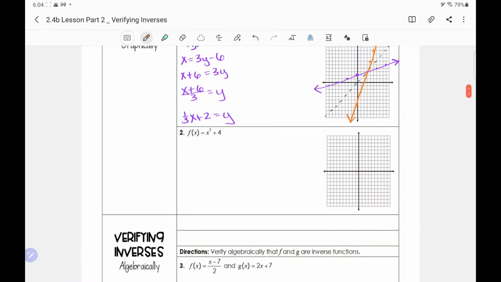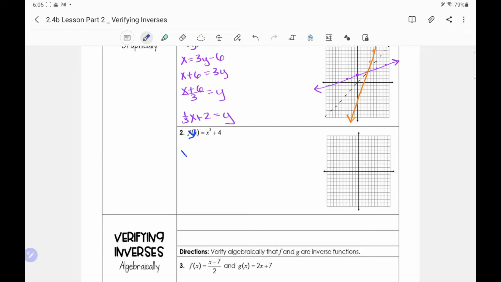It could get a little bit difficult to do this without a graphing device, so I would recommend for you, for example, desmos.com, or if you have a graphing calculator, it will help you to find some points to be able to plot easily. So let's first look at f of x equals x cubed plus 4. We don't have any domain restrictions on that because it's just a cubic function. It's a polynomial basically, but we can go ahead and find